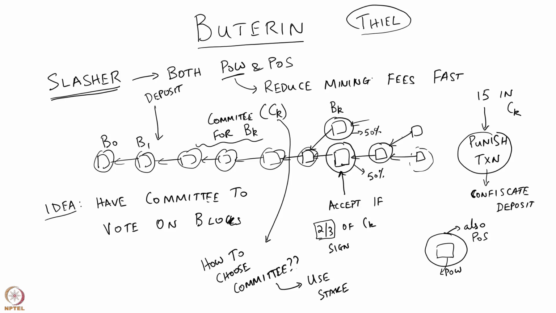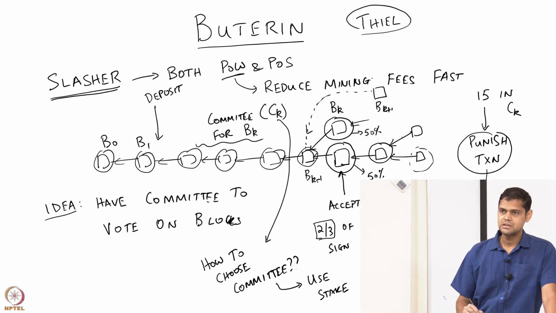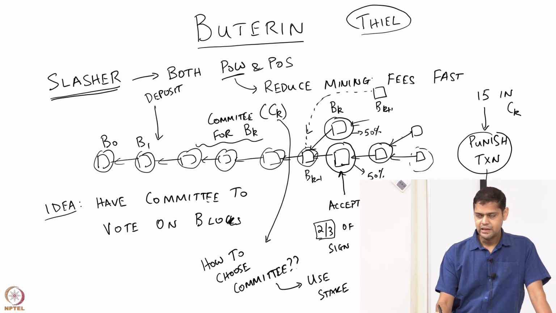So what Slasher says is that we don't have a valid block at this particular position in the chain right now, right? Because we said that 2/3 need to sign it. So what Buterin suggested is that you can skip one position and generate block k+1 directly on block k-1. And there are certain attacks possible with this, because even when there is a valid block, somebody might try to do this and create a block pointing to an older one, right? So to discourage people from doing this, you have a very hard proof of work for this,